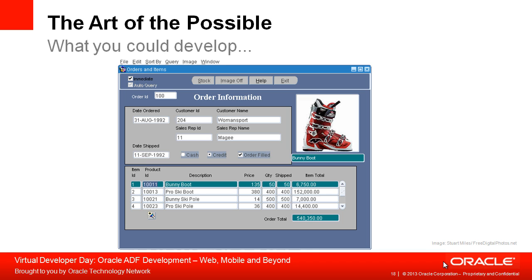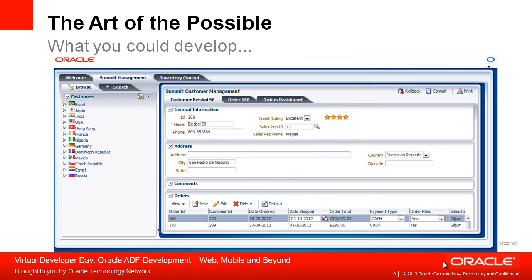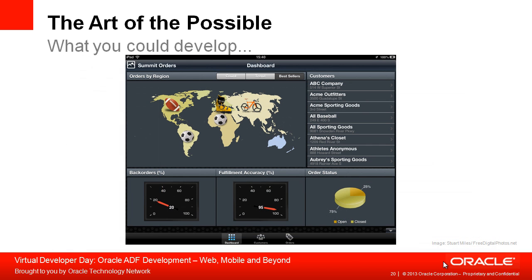So here is a typical forms application, and here's an example of where we took this application and redeveloped it in ADF. And you can see that we've added some new features and functionality, but it's given it a much more modern look and feel. But there are other ways we can redevelop and design our applications. This is the Summit application that we've shown in the last two slides, which is running on an iPad device. So we're exploiting new channels and having a much more modern look and feel for the application as well.